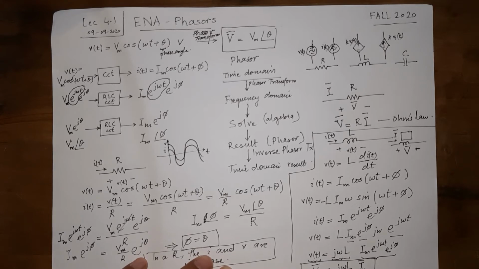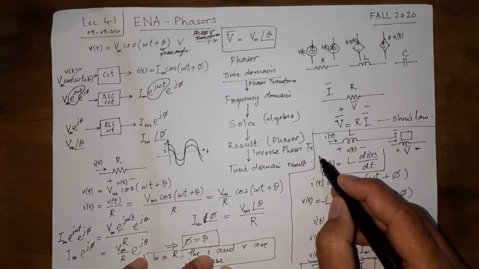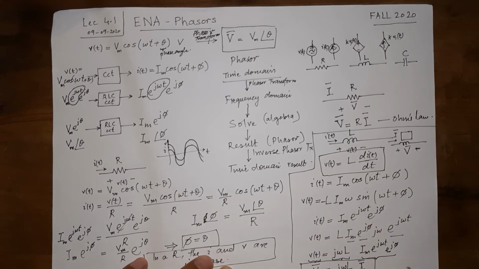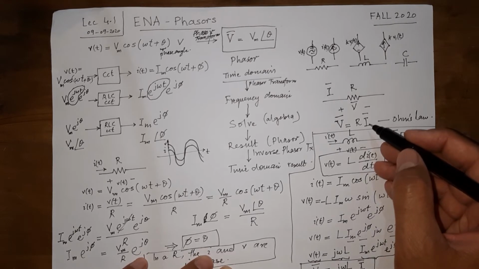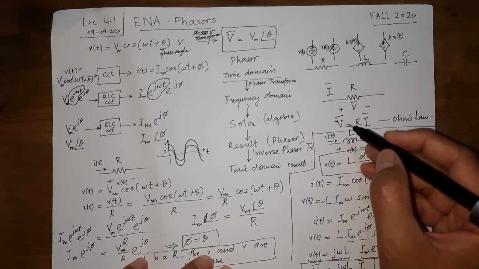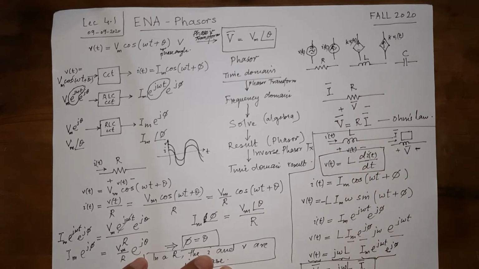So look what has happened to the inductor. Instead of a derivative relationship or an integrative relationship, we have an algebraic relationship, just like a resistance. So here V is equal to R I. Here it is still something like V is equal to R I. But calling this R, whereas this is an imaginary term, is not good. So we name it something different, and that different thing is known as reactance.